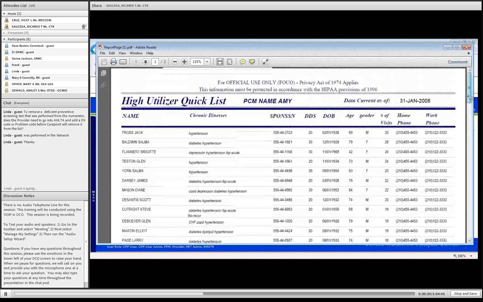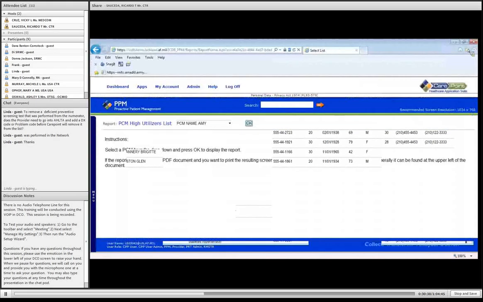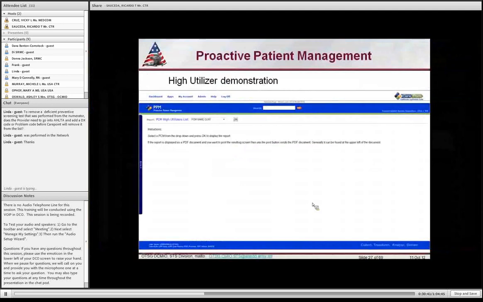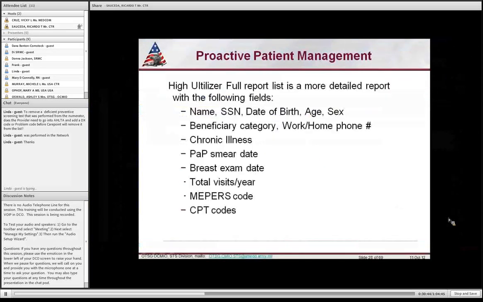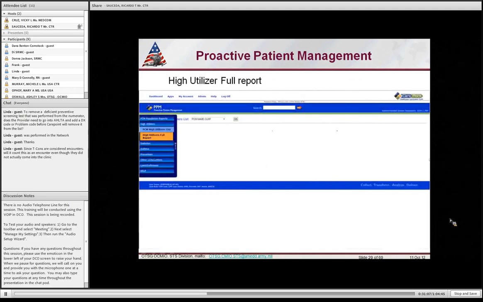This is a quick list report. The next list we're going to talk about is the high utilizers full report. And the only difference between the quick report and the full report is this, the last two lines on this slide, the MEPRS code and the CPT codes. That is the only difference besides your diagnosis. And that will give you an idea of what clinic they've been visiting outside of you, as you being a